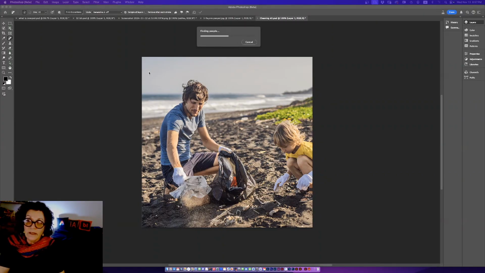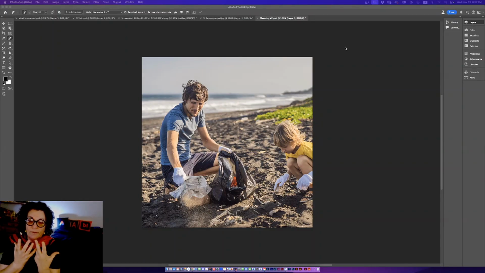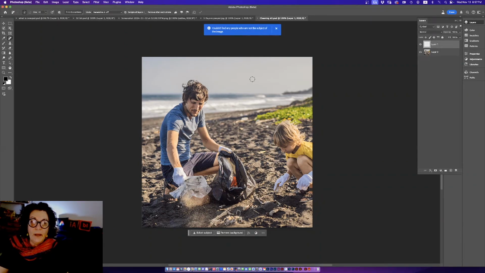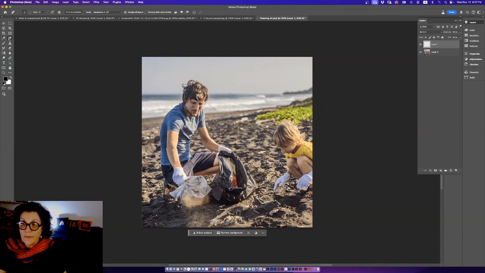And then you can see it takes a long time right now. Maybe the image is a little bit too big. And then what happened over here, this is what I was thinking, because it is all in the foreground, right now it didn't recognize it. But what happened if I'm going to, it says, cannot find the people who are not subject of the image. So they think everything is a subject of the image. But I can just go back here,